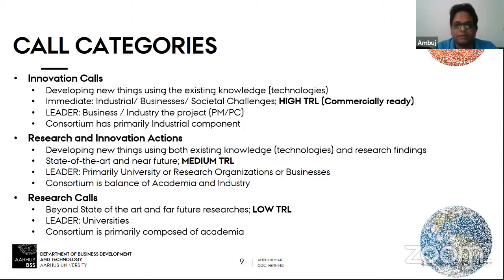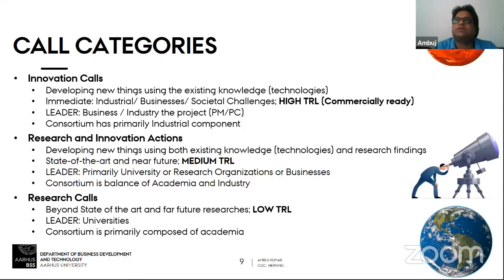The call categories are as described. I will be skipping this animation, but let's discuss: if you have an idea to send a rocket to Mars, and it has not been done yet, then you are doing some basic research, which belongs to the research call, the lowest one. So first you'll go for the research call to develop the basic concepts, create proofs of concept, and create the basic elements that are required for the development of the rocket.